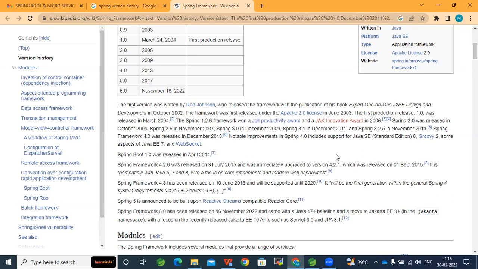Two of the members who came from the open source community asked him, why don't you publish this code, whatever code you have written here in the book, as an open source framework? They asked Rod Johnson. So then Rod Johnson